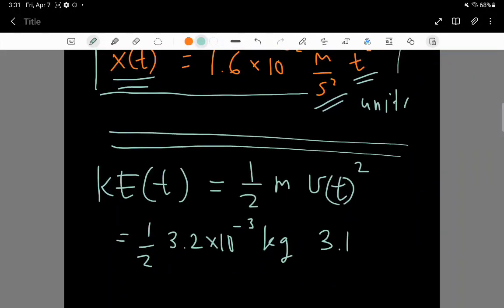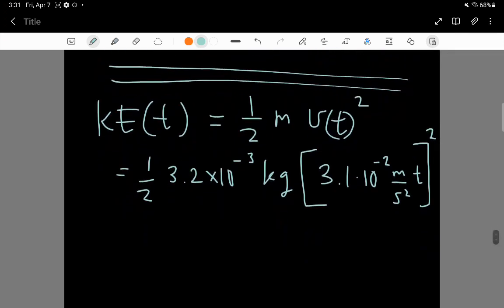So 3.1 times 10 to the minus 2 meters per second squared times time. But we have to square all of those v of t details, right? And so when you square this, you get, so 1/2 of 3.2 is 1.6 times 10 to the minus 3 kilograms, right? And then